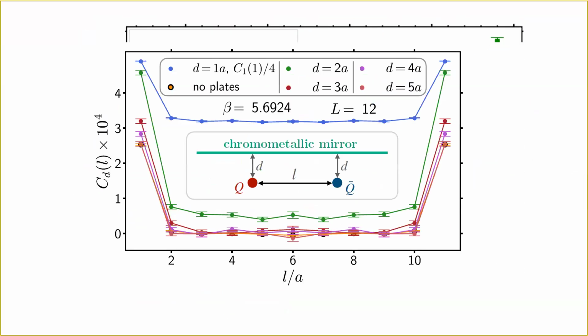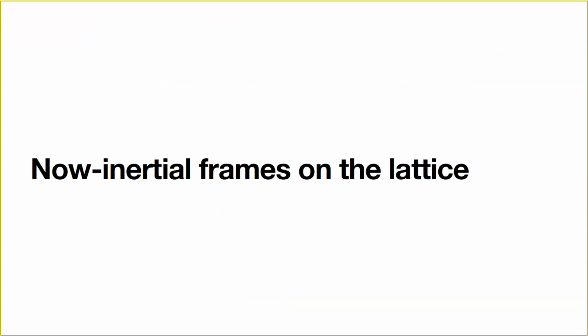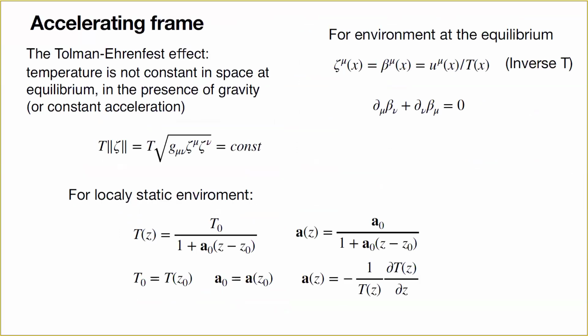So that is the first mass scale. Okay, non-inertial frames on the lattice. They are rather interesting in many applications, such as discussing the Hawking effect on black holes, but also, when we have nuclear collisions, we have some rotating state, and rotation is also a kind of frame with constant acceleration. Here we use this idea of the Tolman